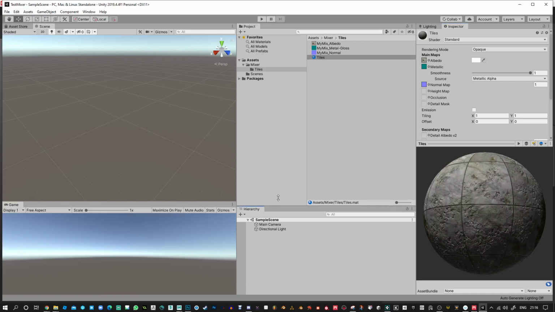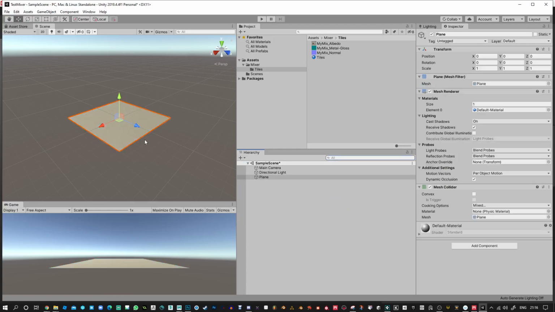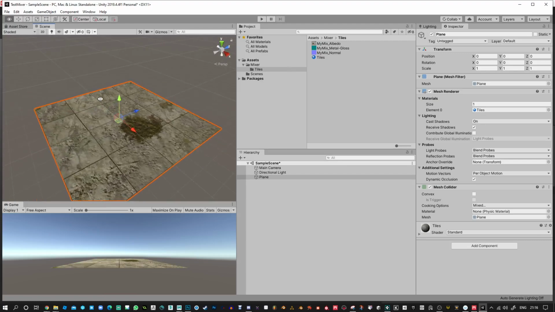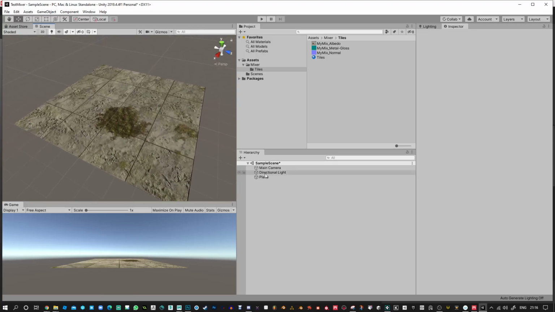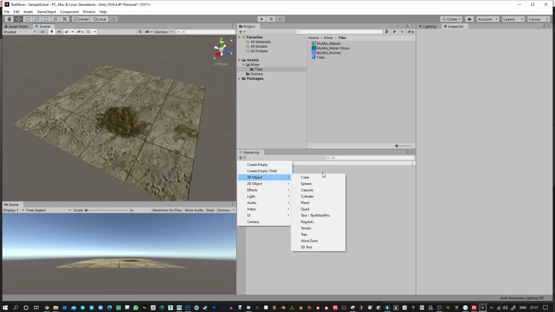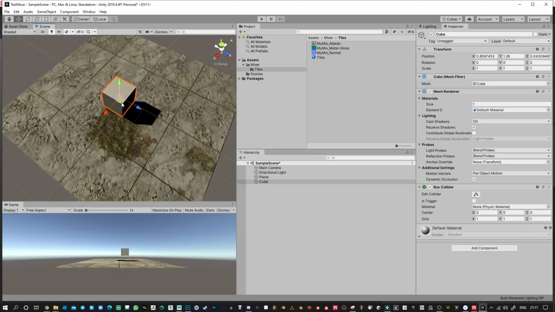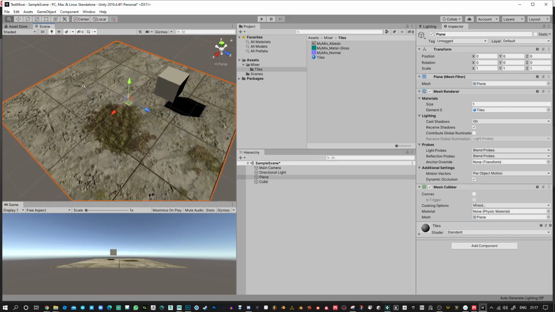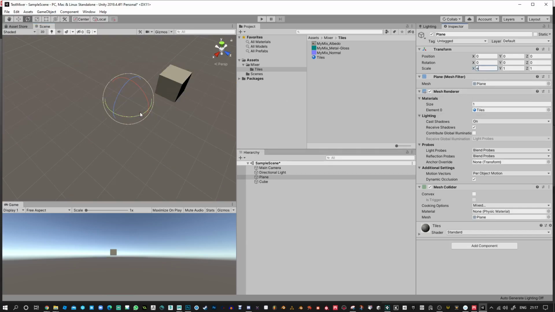Now I'm just going to put a simple plane in the scene. And I'm going to drag the material over to it. Now this plane itself might be a little bit big or too small. A good way to compare it is to add a cube. This cube is 1 meter by 1 meter. And we know that when we created this plane, it was actually a 2 by 2 meter tile texture. So I'm just going to scale this down